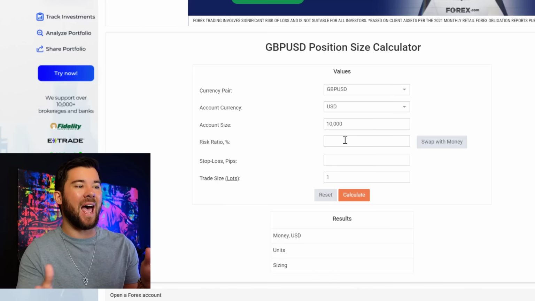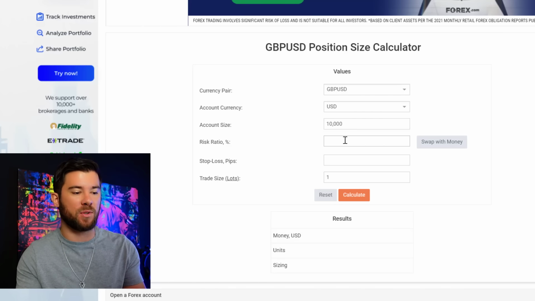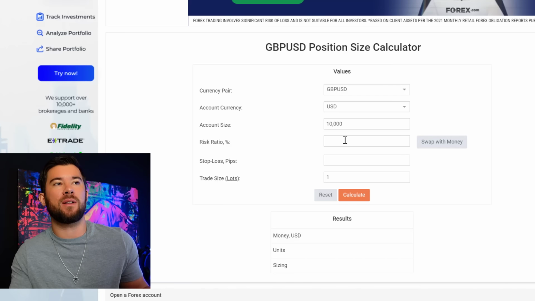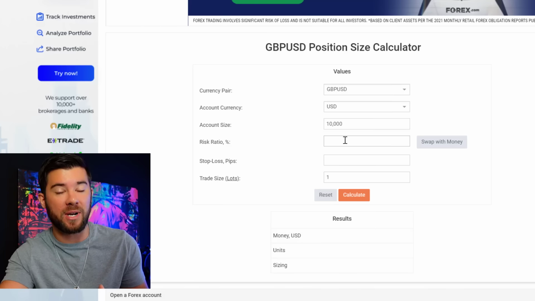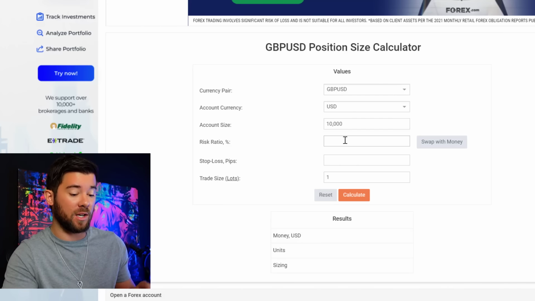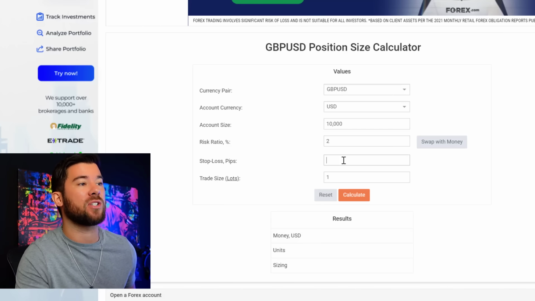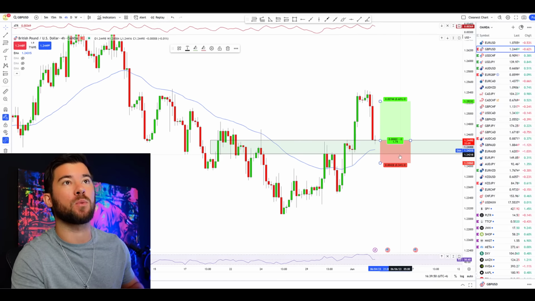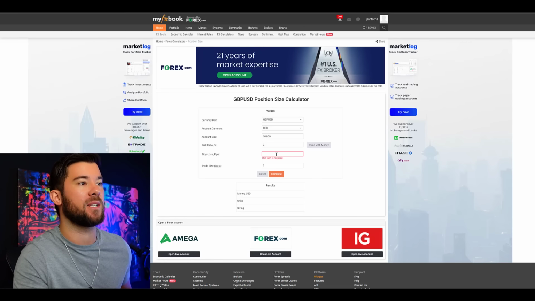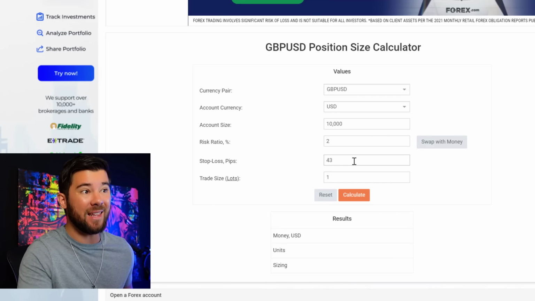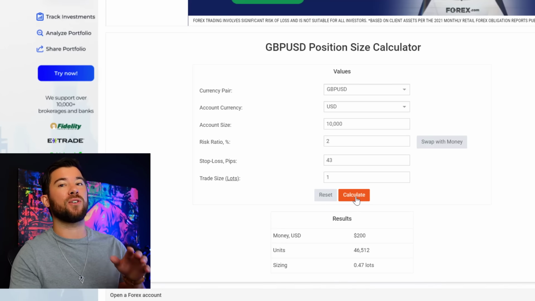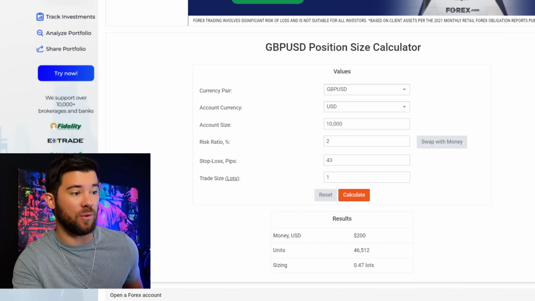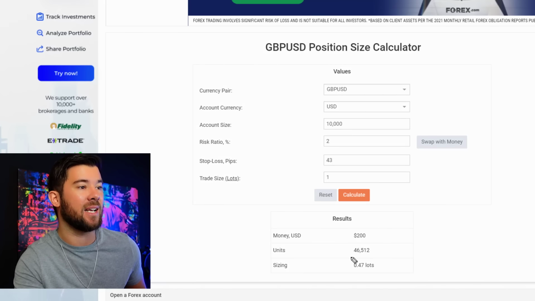Just so you know, an average across retail traders is somewhere between 1% and 2% of their total account value is what a lot of retail professional traders are going to be risking. So we're going to go with 2% in this case, and our stop loss in pips was 42.8 pips. We're going to call it 43 pips. So we'll do 43 and then we'll click calculate, and what you'll notice is this does all the work for you. It gives you the exact position size that you need, which is